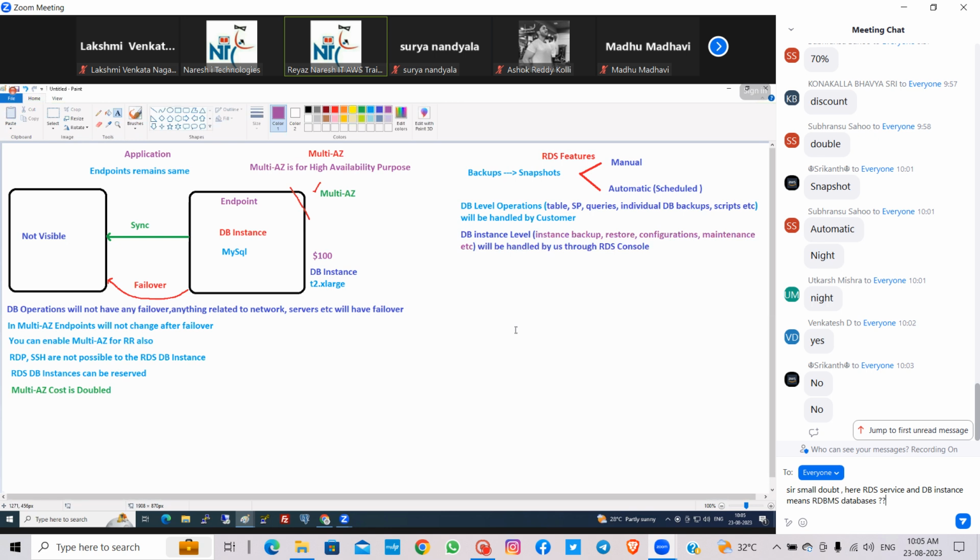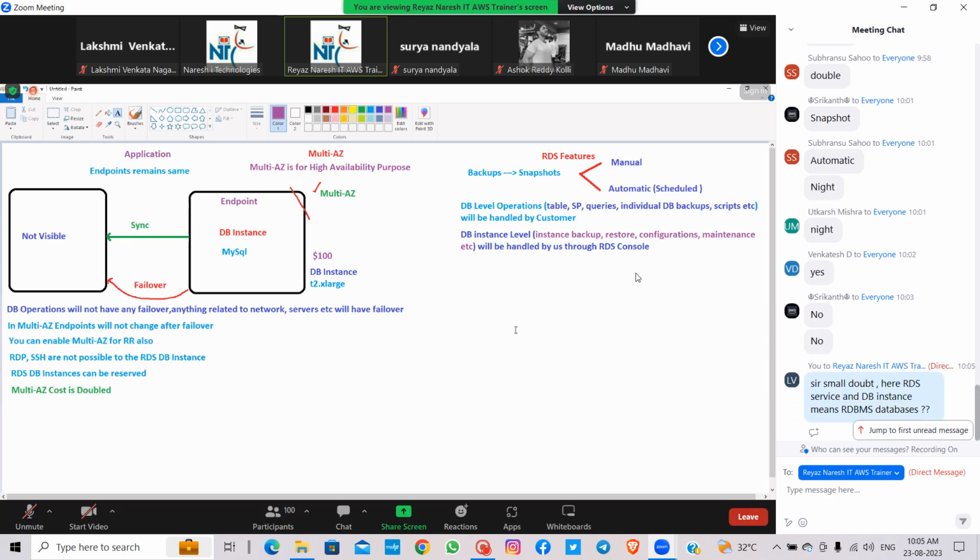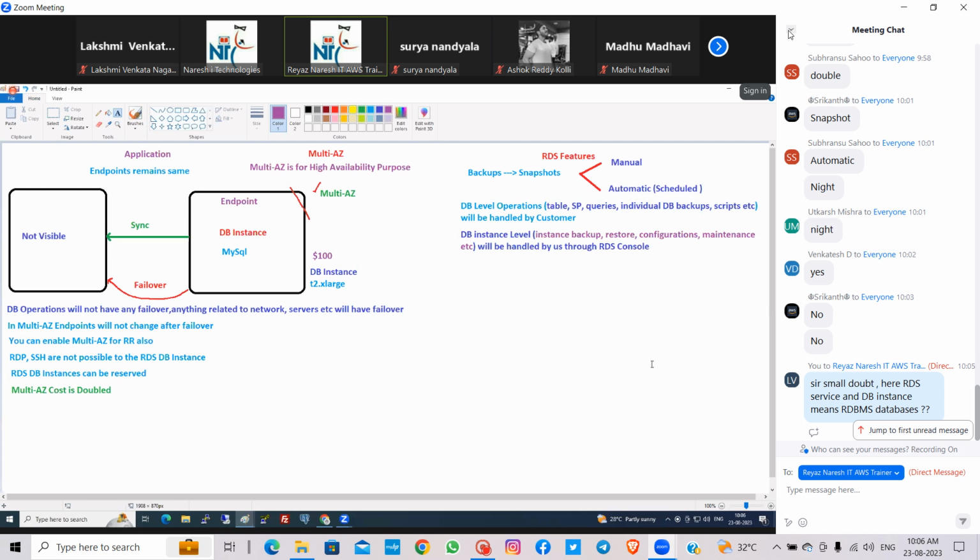Who should do backup restoration? We only have to do, no? There is a question: here RDS service and DB instance mean RDBMS database. Yes. This RDS supports only RDBMS databases, guys.